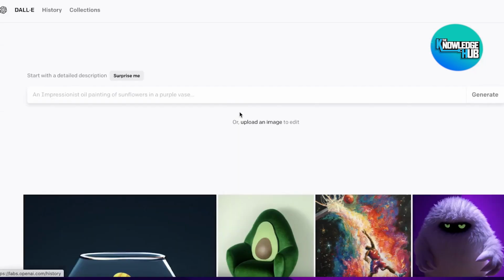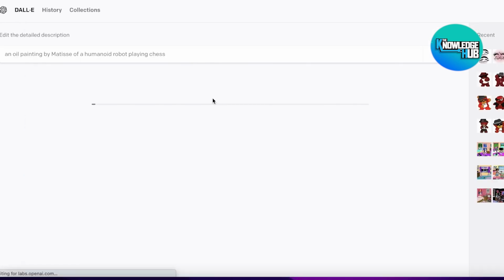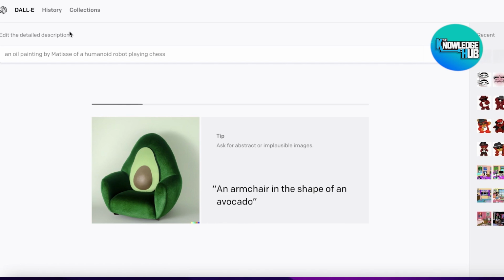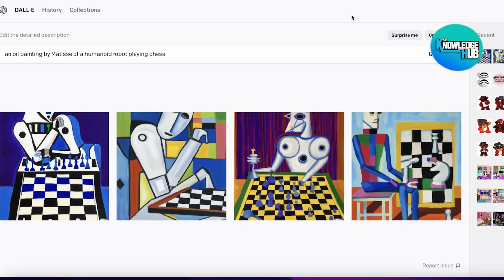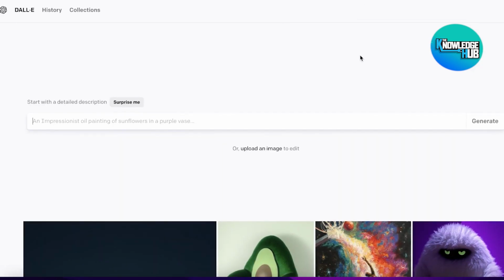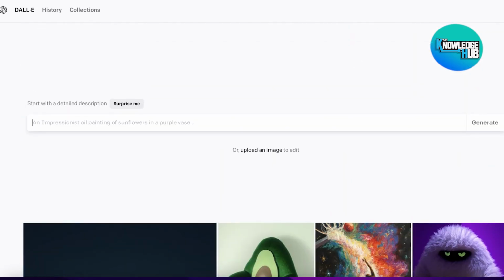And obviously, it's going to take a couple of tries. You can also click on surprise me and get a random kind of image as well, and then customize that image. But if you already have something in mind, you can upload that and get further ideas from that as well. This is not only going to expand you creatively, but you can generate quite a bit of money with these kinds of illustrations. Now, there is one more way that you can make money with this AI,